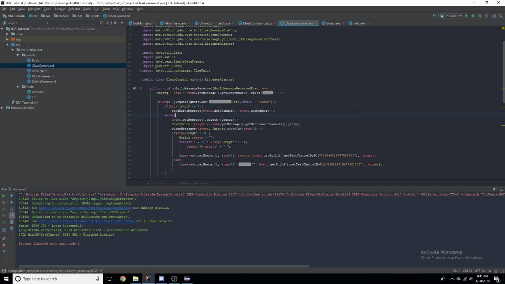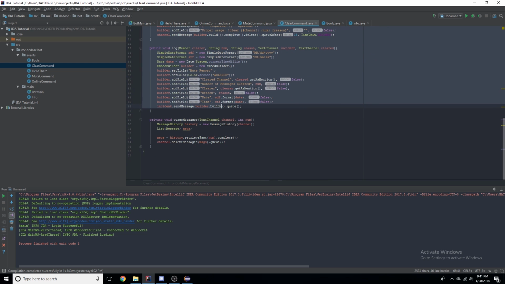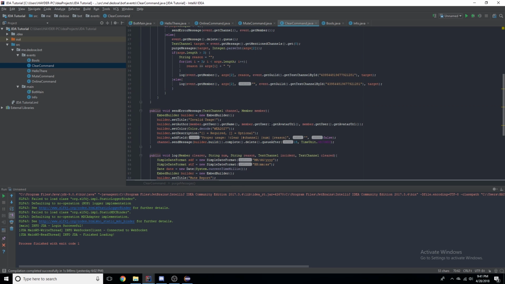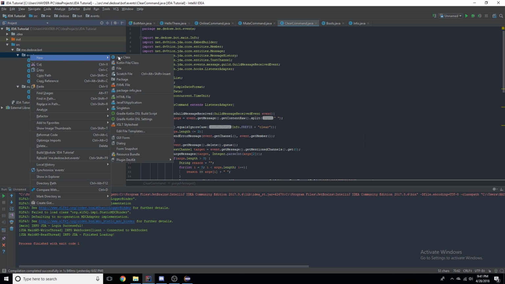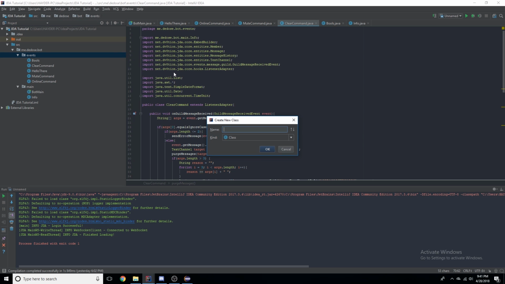Quick recap from last episode. We went over JDA utilities like message history to create a clear command. Today we're going to be using Java utilities to our advantage to make a Tempmute command so you can temporarily mute a player. So let's create the class Tempmute command